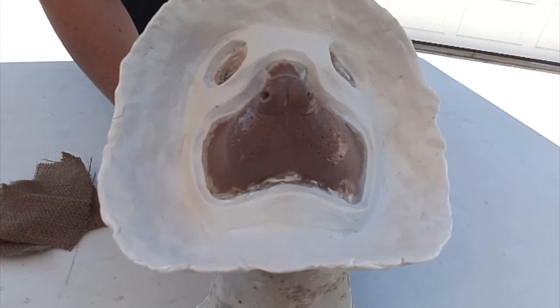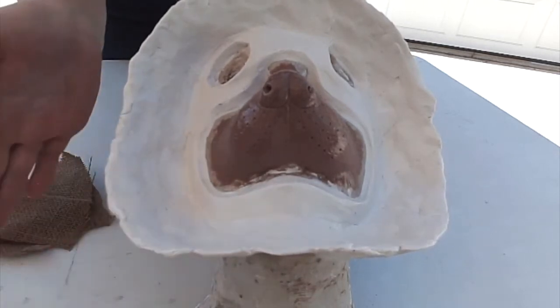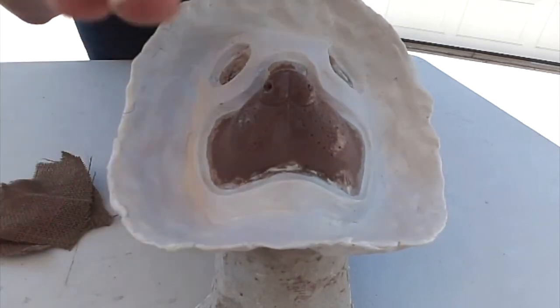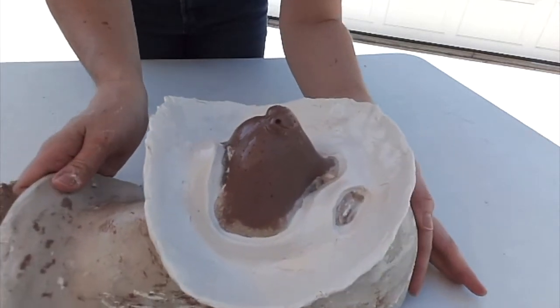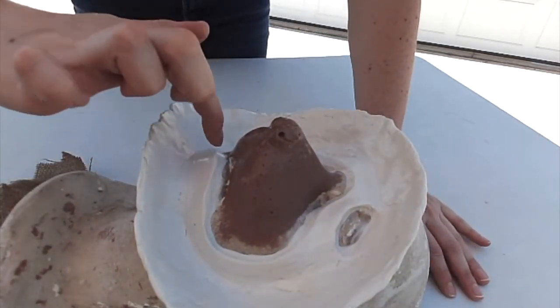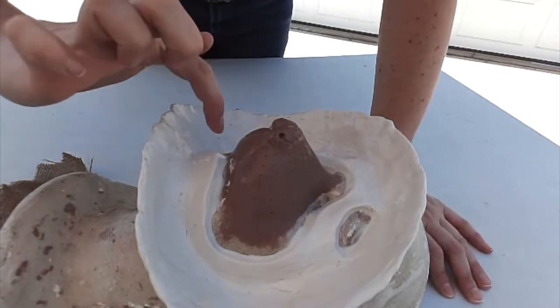So today I'm going to create a negative mold for my mouse nose. I've created a wall with clay around the edge so that I can build up my negative mold over it. On the sculpt here you can see the white clay is basically our wall, and I've created